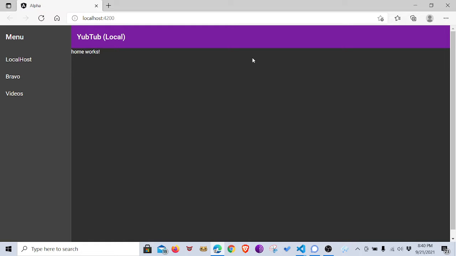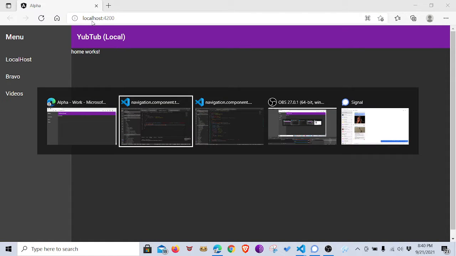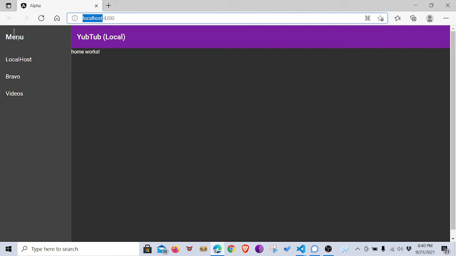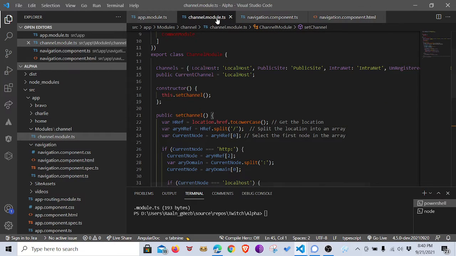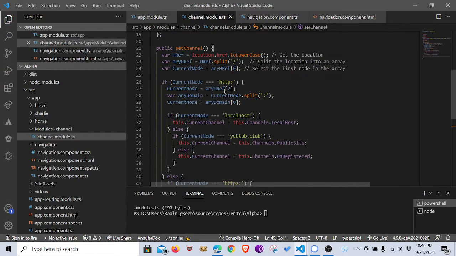I'm not really sure where that comes from, but as you can see here, it's saying localhost. You can see here the difference of capitalization, so this is obviously not coming from this, but this localhost is coming from channel module, where I say